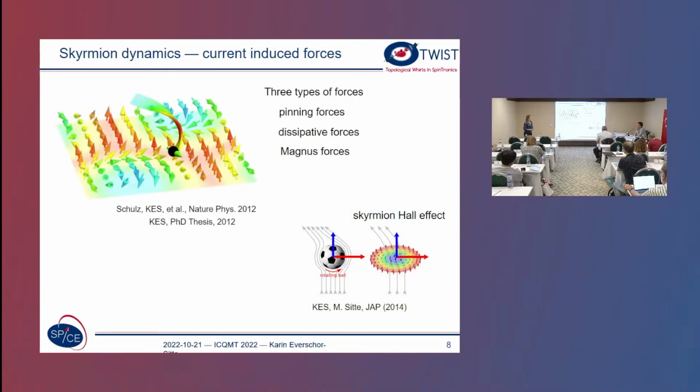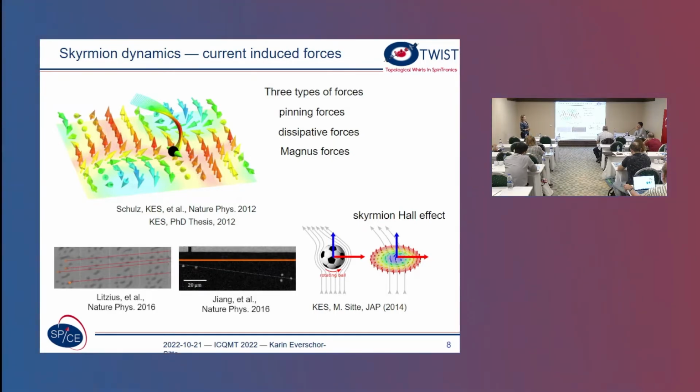But there are also these Magnus forces, and these Magnus forces are responsible for the skyrmion Hall effect, because similar to a ball that's twisting around its own axis and then leads to these banana-shaped soccer ball curves, these skyrmions also feel deviations from the current direction. So these are the three fundamental ingredients, and they then lead to the skyrmion Hall effect, which has been observed in